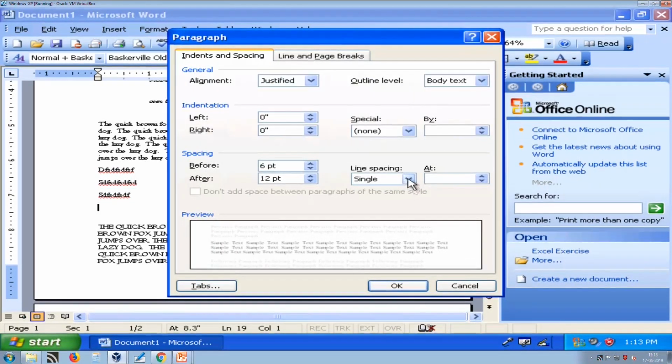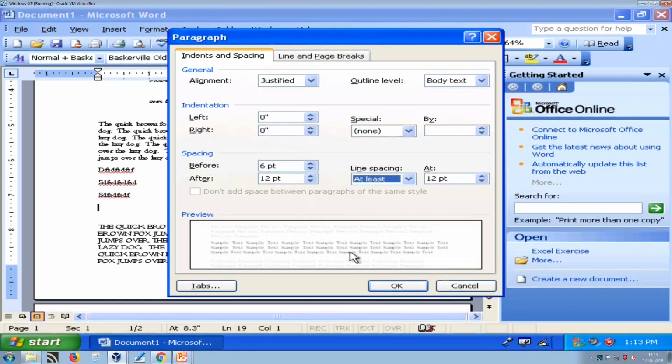And here you can specify line spacing: single, 1.5, double, at least. At least means this should be the minimum line spacing between two lines.